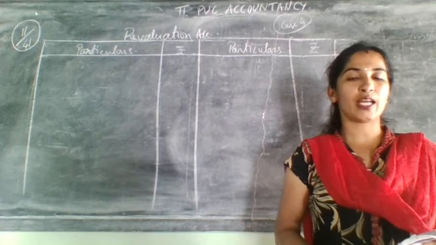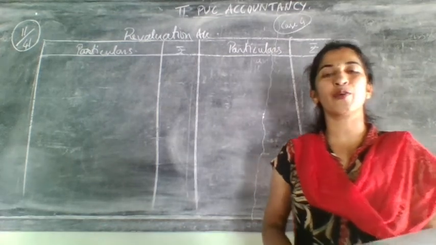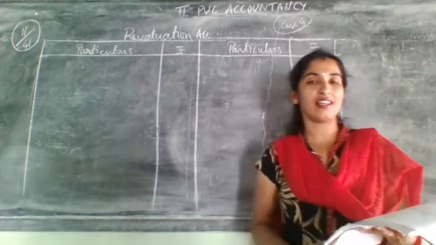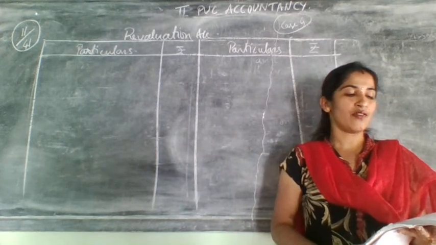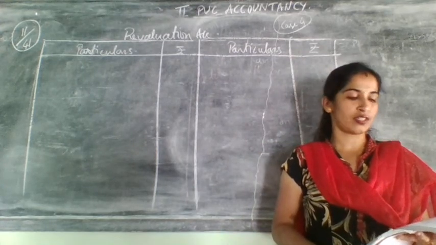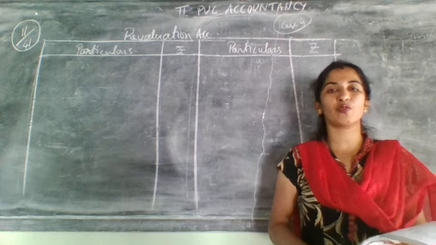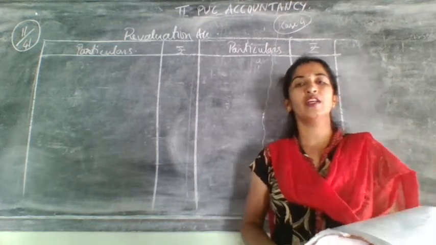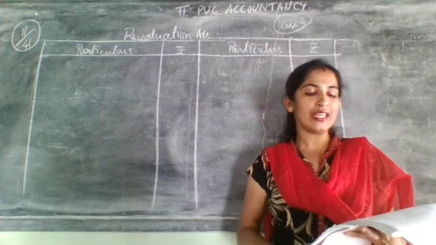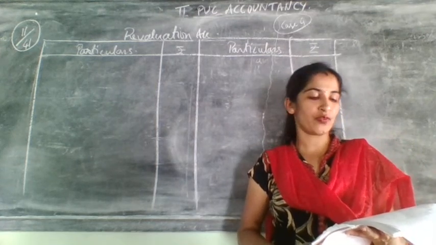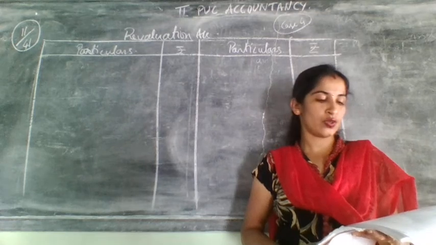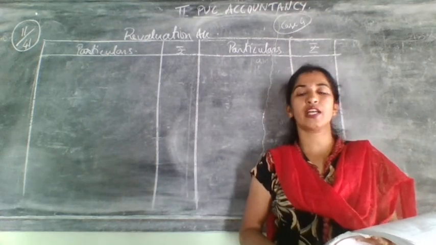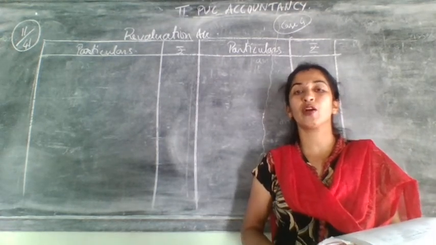Next, they have given capitals. Don't get confused: here old partners are 3 in number, A, B and C, with 40,000, 50,000 and 60,000. After that they have given 1/4/2017. Underline the date, which you need to consider for the new balance sheet. D is admitted into partnership on the following terms. D should bring 50,000 as his capital.